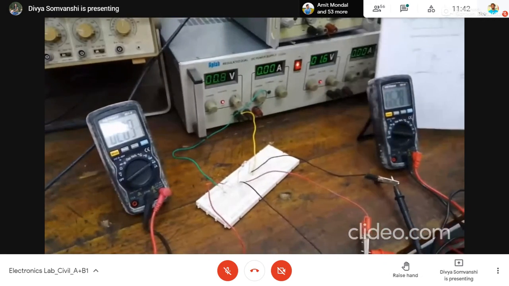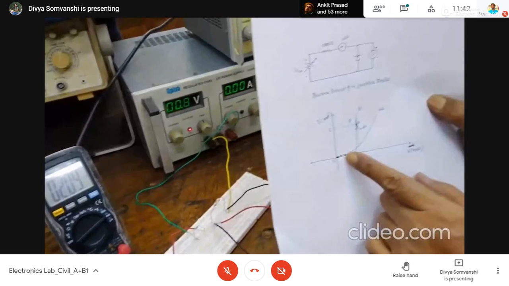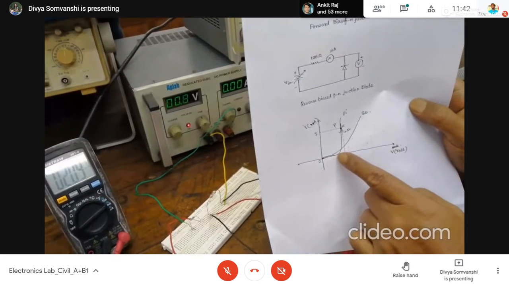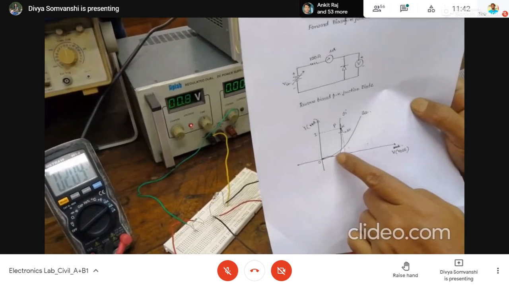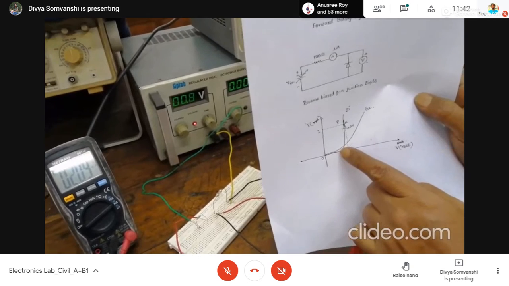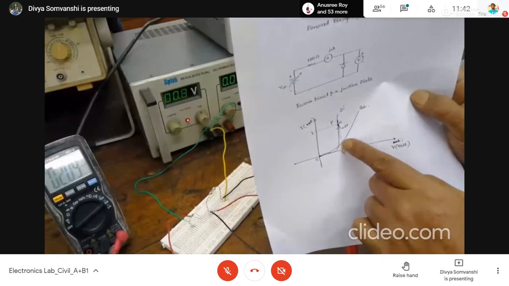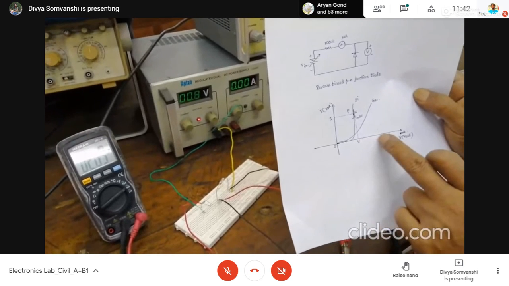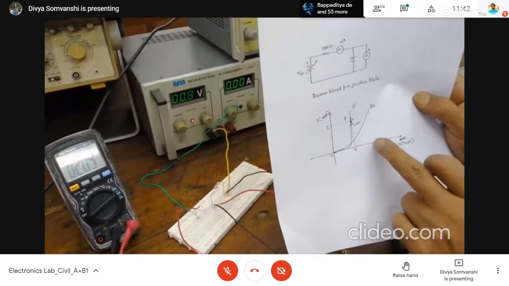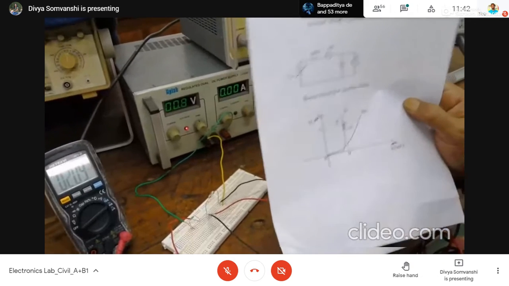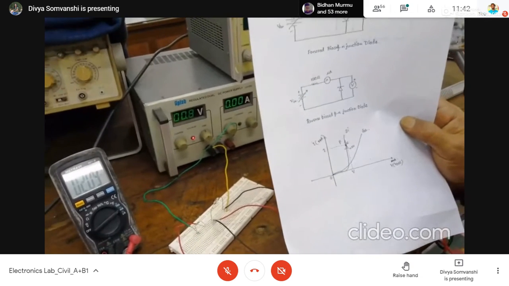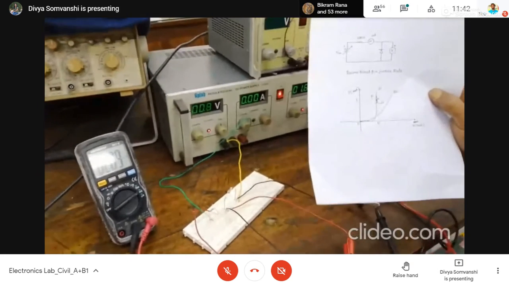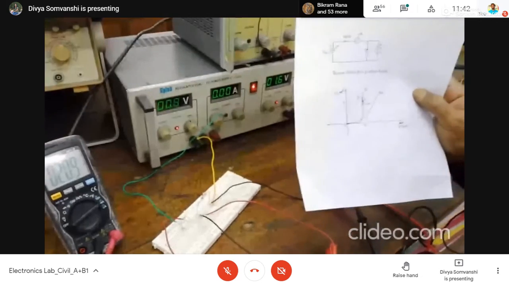Now you can plot like this. This is 0, and at the junction of about 0.4 to 0.5, an appreciable amount of current increases, and in this way the current reaches high. Whenever you increase the voltage to 1 volt, 2 volt, like that, current also increases. In this way, forward bias is developed through this germanium diode. Okay.